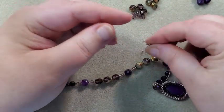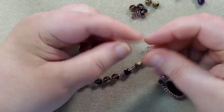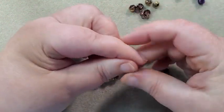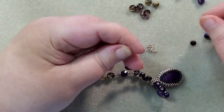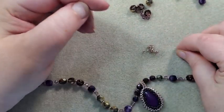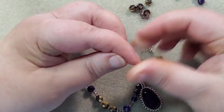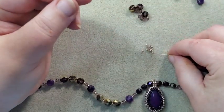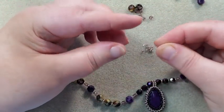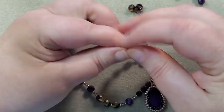and an 11/0, and now an 8mm, now a cube bead, and an 11/0, and now a 4mm bead, and an 11/0, and now an 8mm bead, and an 11/0, an 8mm bead, and an 11/0, 8mm bead, and an 11/0, and a 4mm bead, and an 11/0,